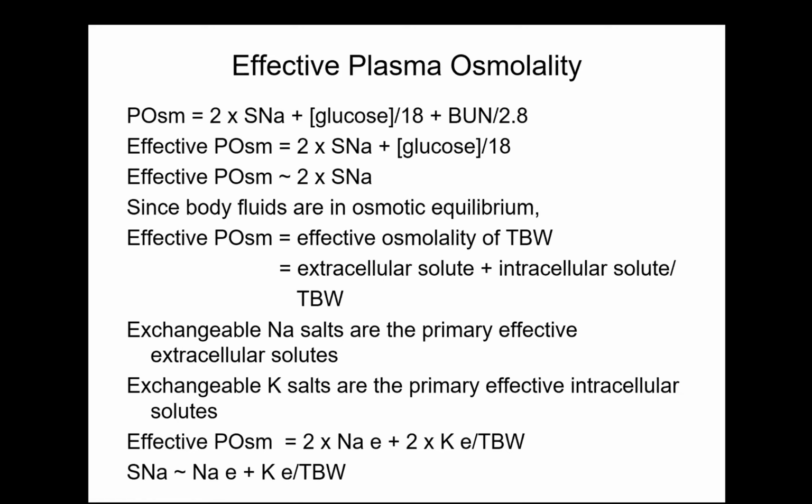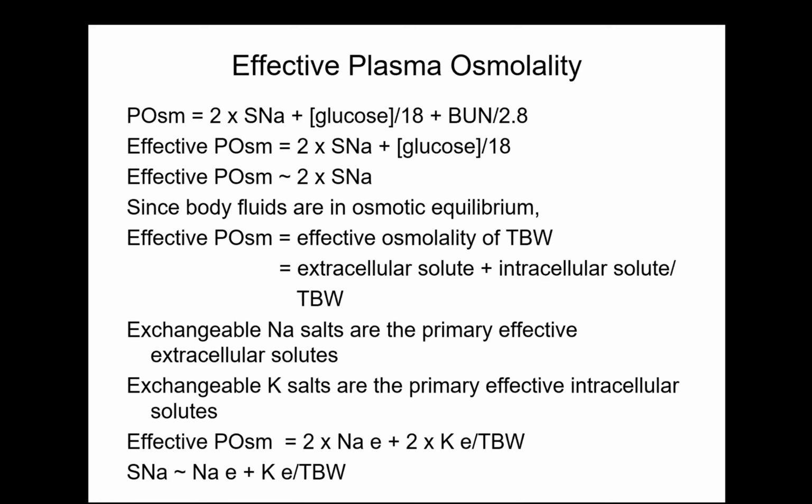So if you have somebody who has normal serum glucose, the contribution of glucose divided by 18 is also much, much smaller. So we can also ignore it if you have normal glucose levels. So in essence, effective plasma osm is equal to 2 times serum sodium. Now in our system, we are in osmotic equilibrium inside and outside of cells. So the effective plasma osm